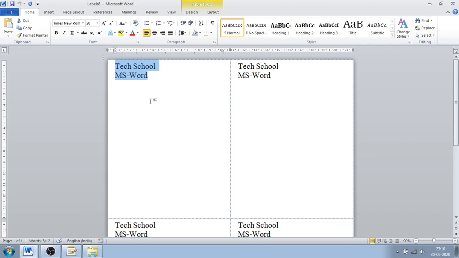Now if you want to make changes in this label, you can change one by one. You just have to delete it, and you can type whichever thing you want in that label, and whichever text is written over there, it will get printed. Labels will be useful if you want to make stickers or something like that, which is used for sticking purposes. So that is the use of labels.